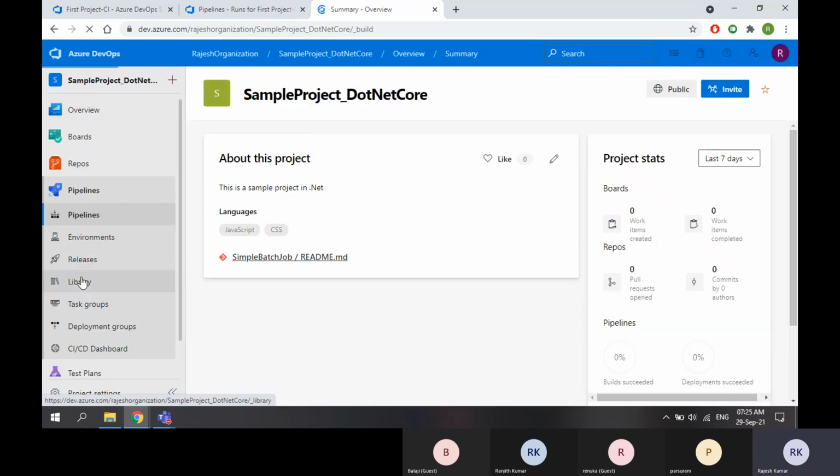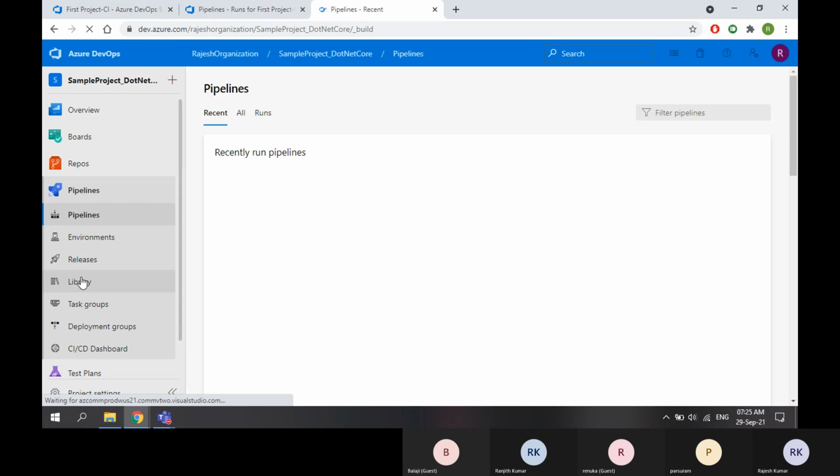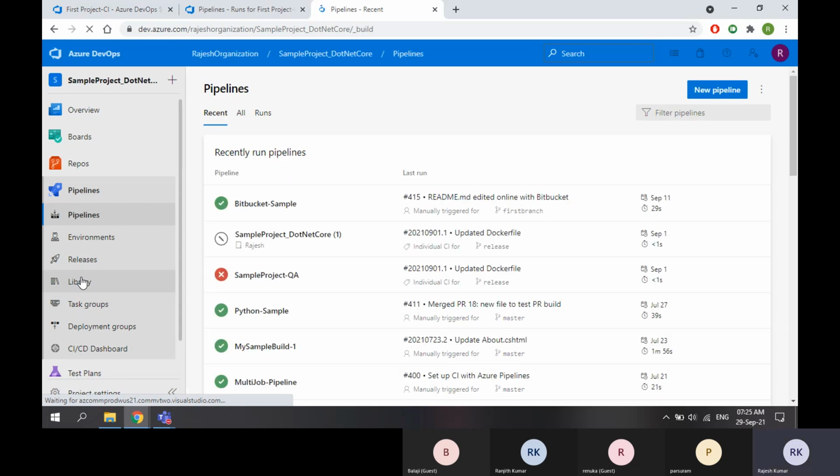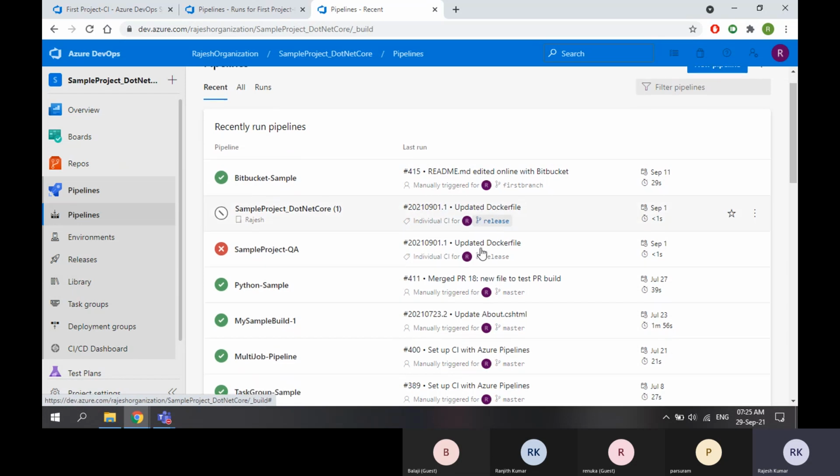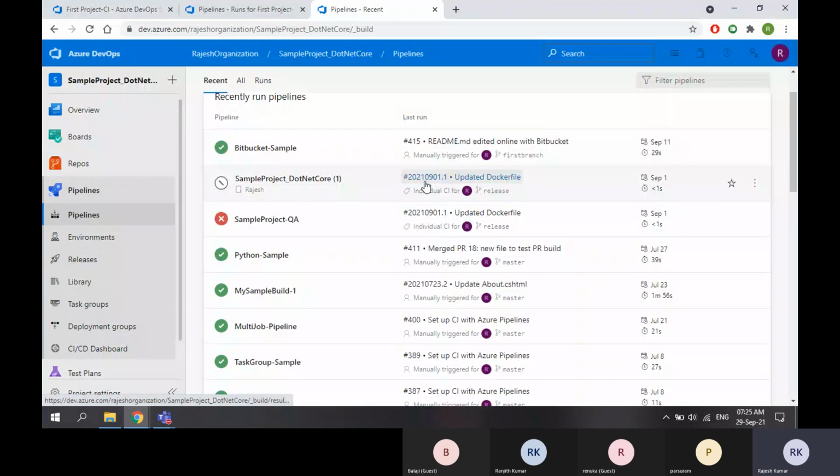So it says 2021 0901, and on the day, this is the first build.